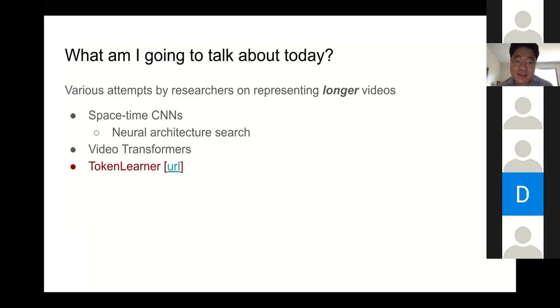And then finally, I'll talk about TokenLearner, which is one of my very new, recent research. Actually, I'm linking the URL here, but this version of the paper has been pre-released like 2 hours ago, and it will be appearing on arXiv on Monday. So if you are curious about this paper, you can just visit my personal website and check what it is. But in any case, let us dive in.